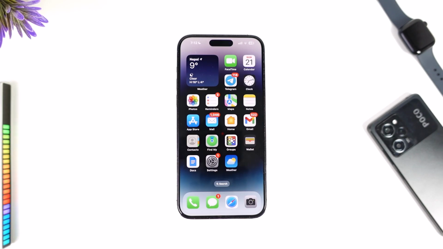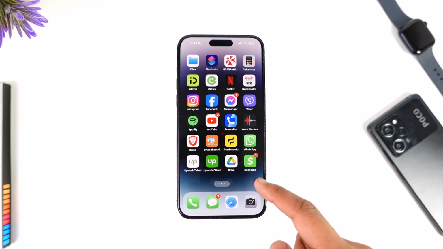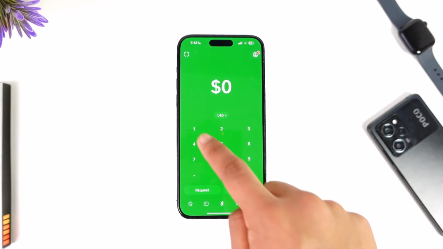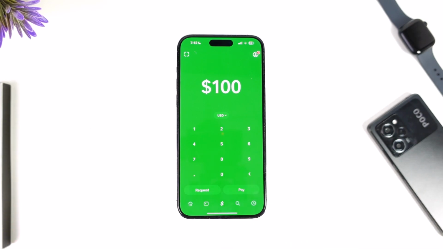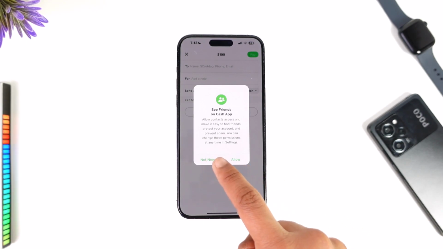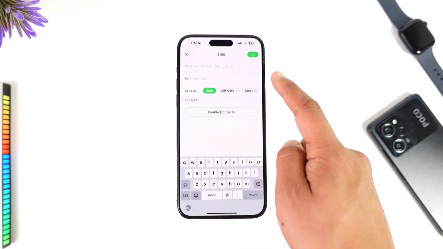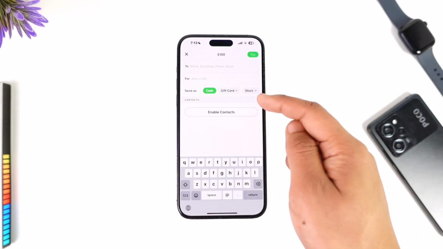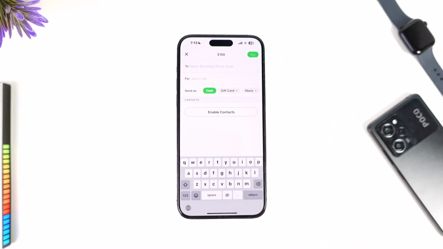Now, to transfer money to Cash App, all we have to do is first of all launch Cash App here. If you are trying to pay someone, so let's say I want to send $100 to someone, I just enter the amount here and then I tap the pay option. Now what I can do is allow the contacts access over here, or I can simply enter the cash tag, the phone number or the email address. I can send them as a cash, as a gift card, and then tap the pay option to actually transfer